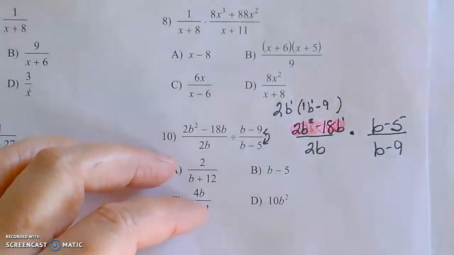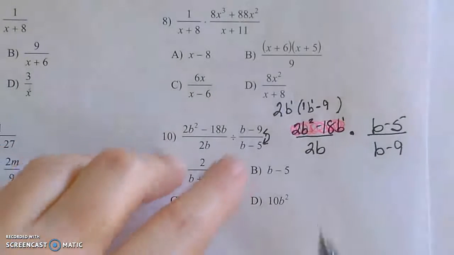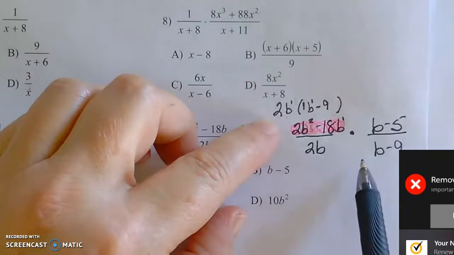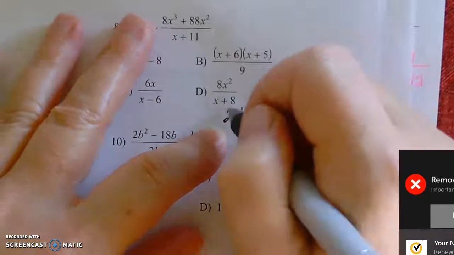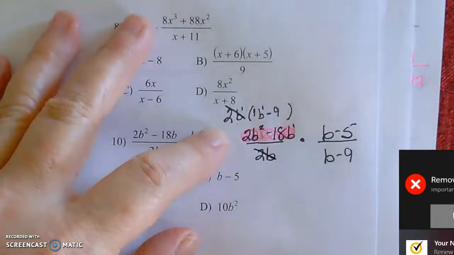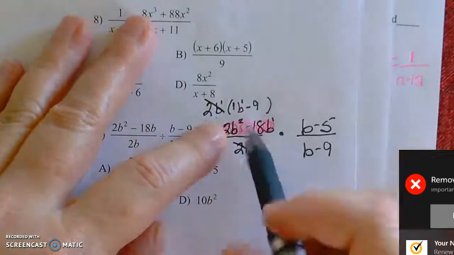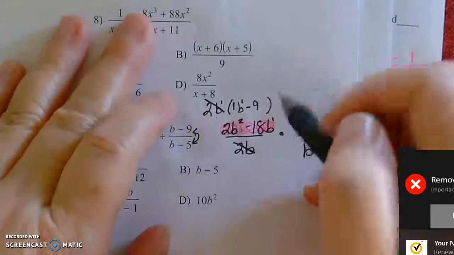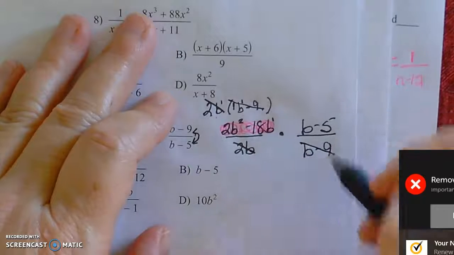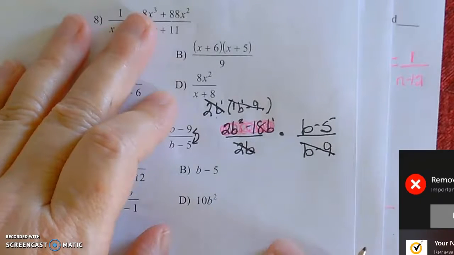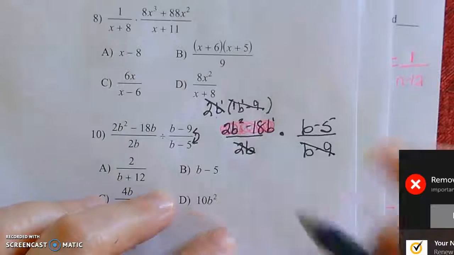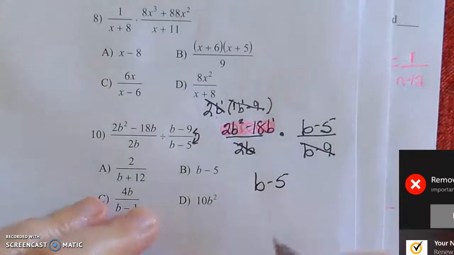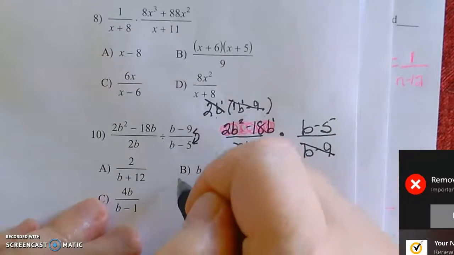So now we're going to cancel out like factors. So going across the top, I have a 2b in the numerator. Is there a 2b anywhere in the denominator? Yes, there is. So these are going to cancel out. I have b minus 9 in the top. Is there a b minus 9 anywhere in the bottom? Yes, there is. So these are going to cancel out. Okay, so what does that leave me with? I have a b minus 5 in the top, and I have nothing on the bottom. So this is my answer right here, and it matches up with